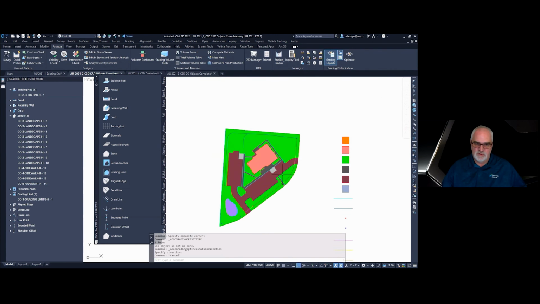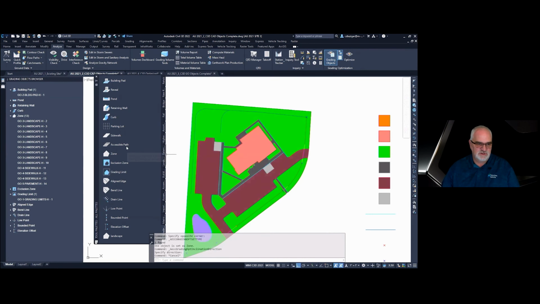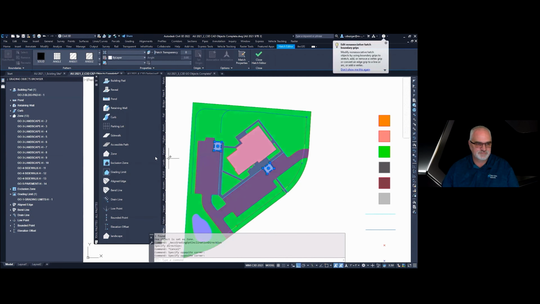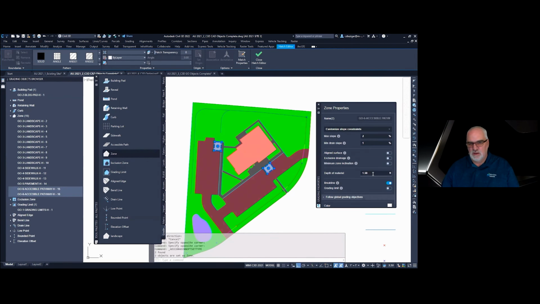And then you also have accessible paths or ADA paths. I'm going to select that, assign an accessible path. We know it's in the pavement, so I want that to be 2.5 feet. And then I want it to meet ADA regulations, so I'm going to say 0 to 2% max slope. So no area within that should be over 2%, even though it's in the paved area that we just said could have a max of 5%.